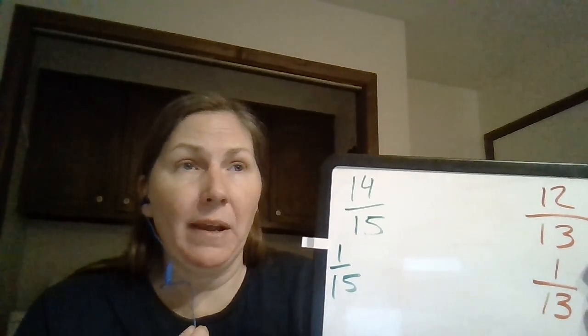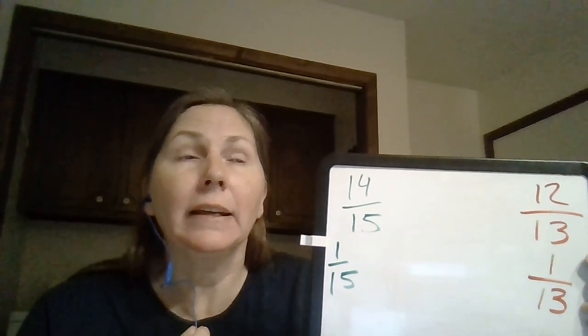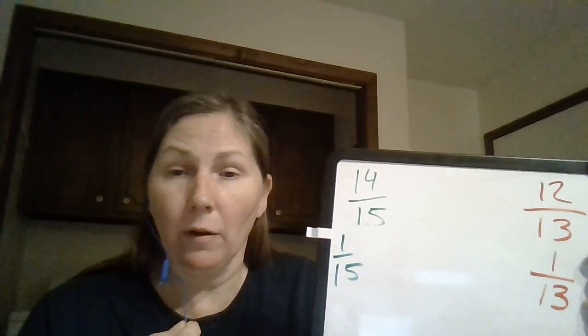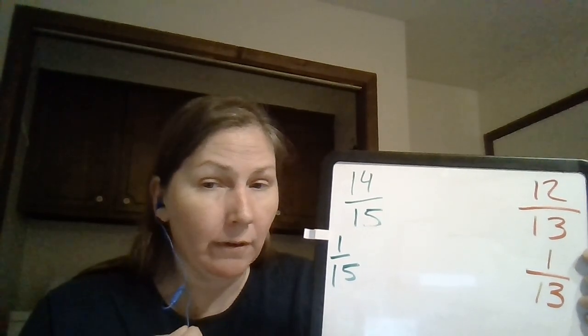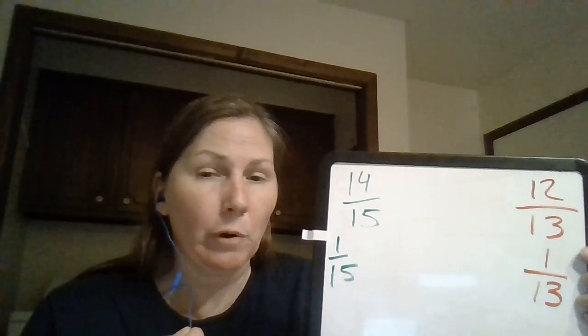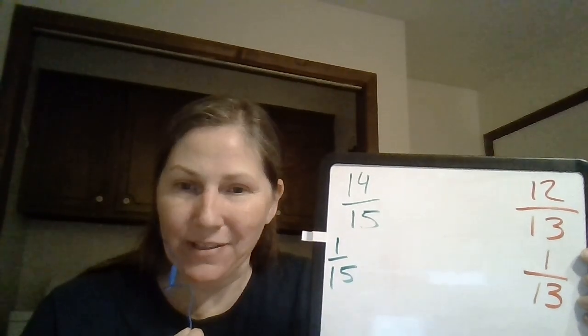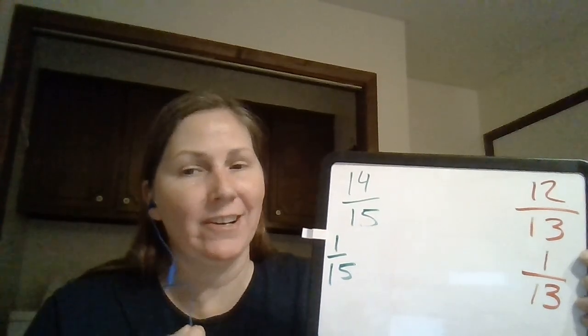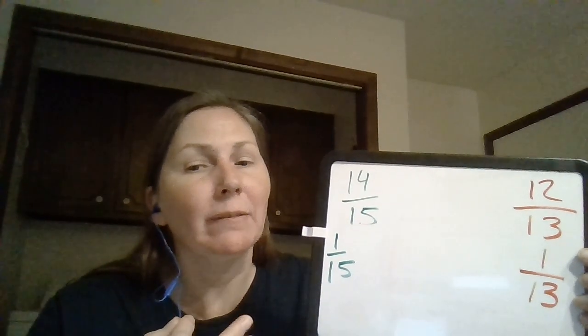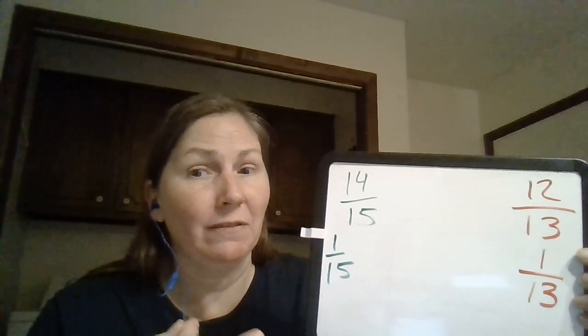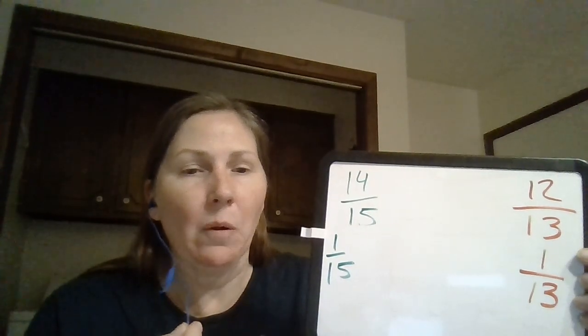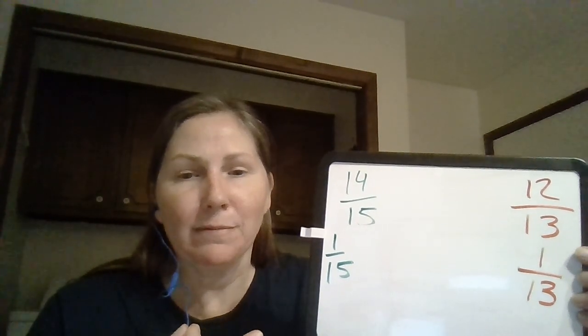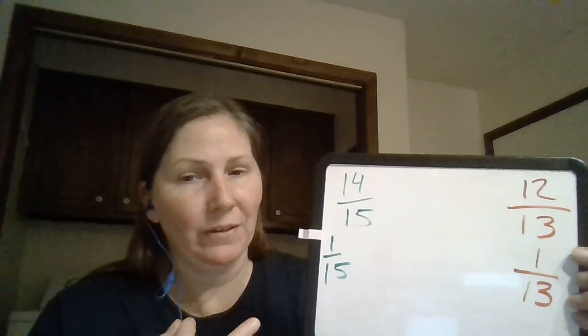When we divide a space or we divide a number line with more parts, the parts are smaller. If we divide it with fewer parts, the parts are larger. So 13 will be fewer parts divided than 15 parts. So 1/13 is bigger than 1/15. I'm going to work another